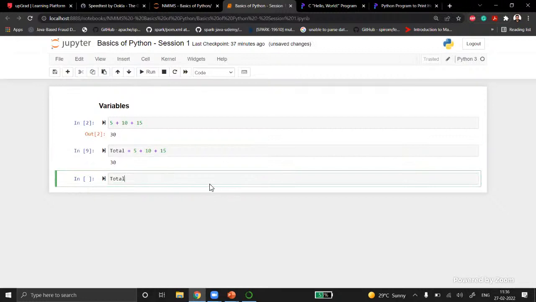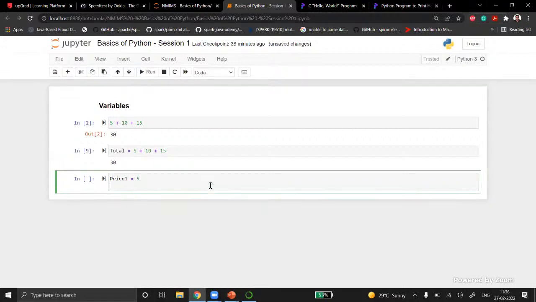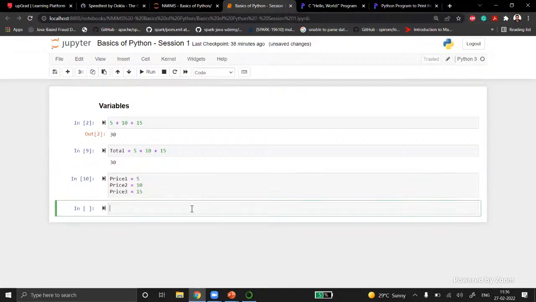Now here, if you notice, price 1. This is basically the price of product 1, which is 5. Price of product 2 is 10, and price of product 3 is 15. And I'm saying total